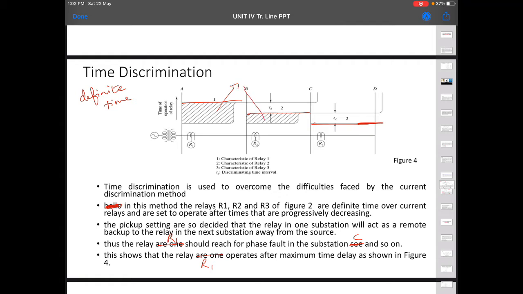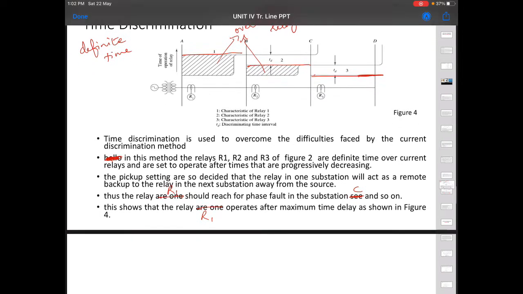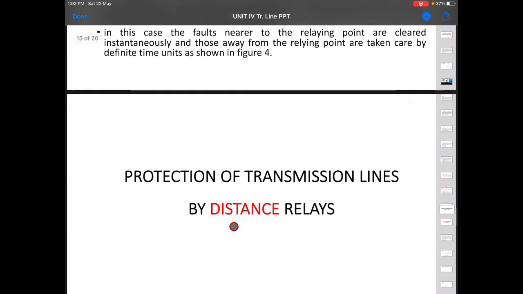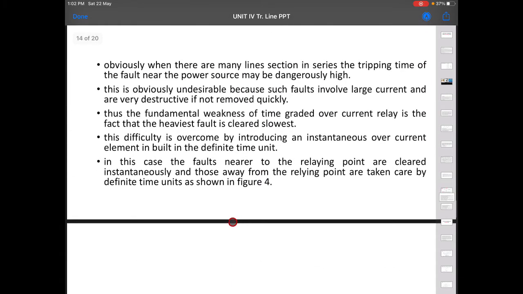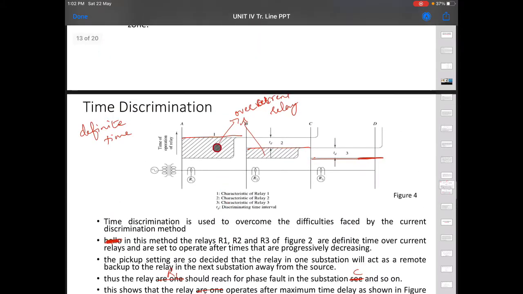This shaded part is because of the element added in this time discrimination. For this definite time you are adding an element called overcurrent relay. Even if you have added this, it is not exactly what we want.